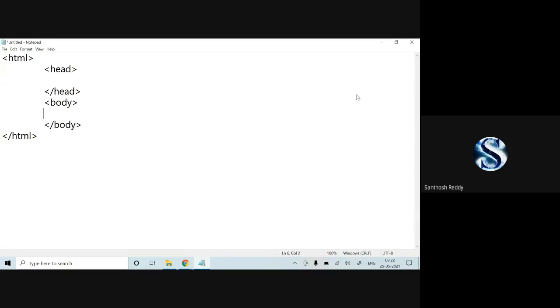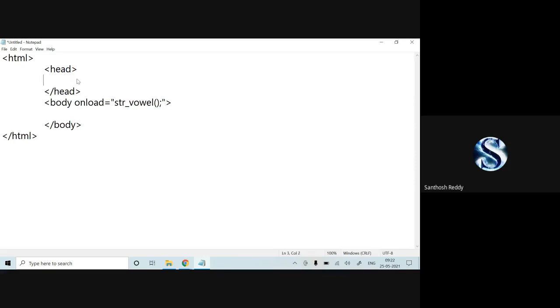Okay. Now what I have to do in the body part, I'm going to specify some function. Here in the body part, onload is equal to str_vowel; semicolon. So when I run this, automatically when the body executes, onload is equal to str_vowel. This is a function which you have to specify in your header part.